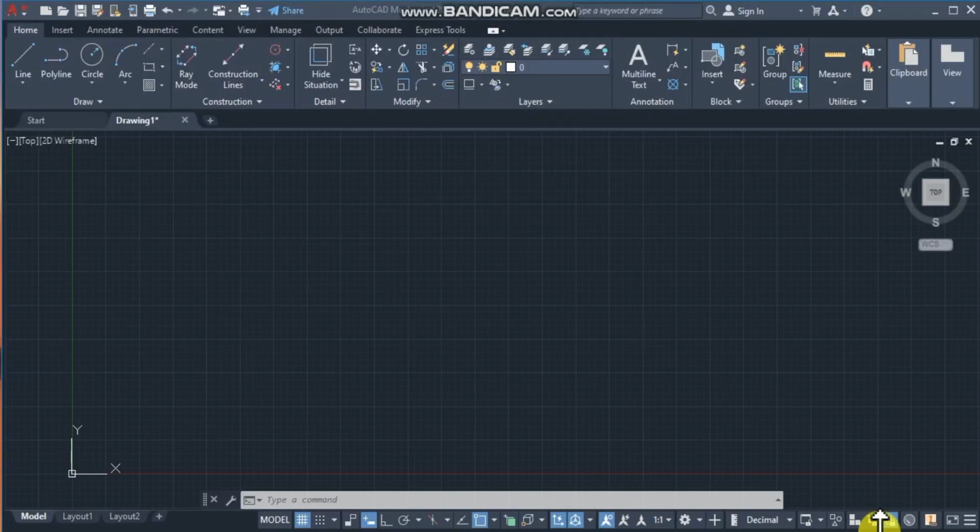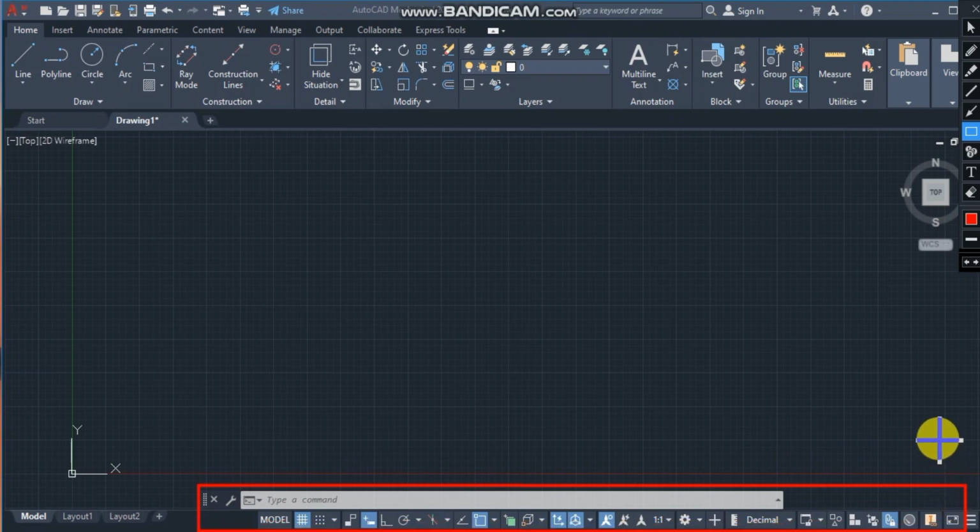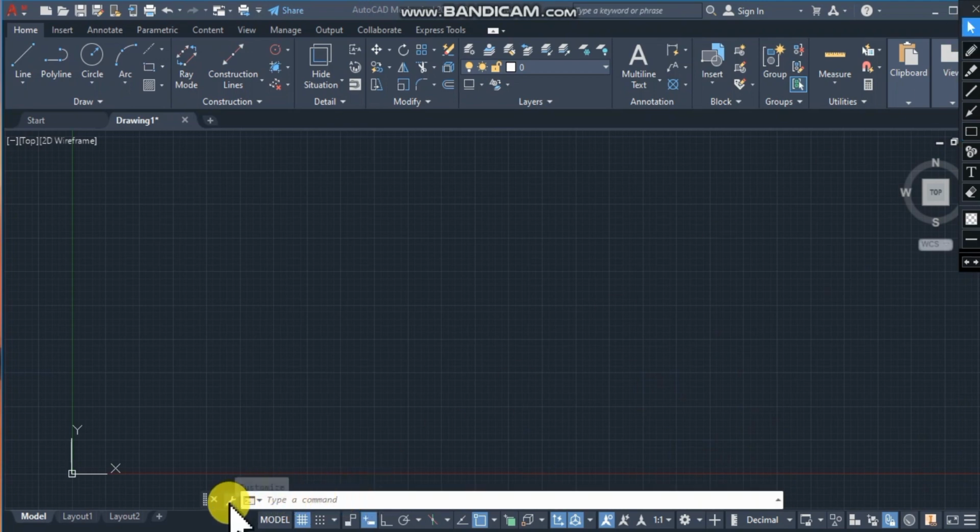Hello guys, welcome again. Now we will focus down here on the status bar. The status bar will include the whole of this, all that I've selected in the red rectangle. Okay, so this is called the command line, in that any command that you will be using will be shown here, or you can just type